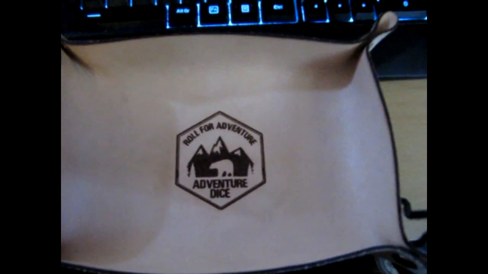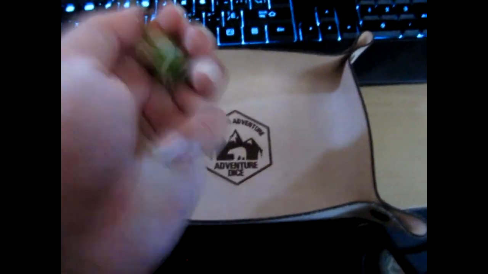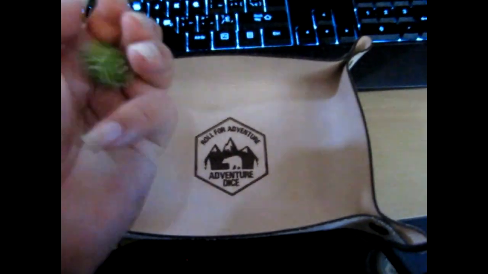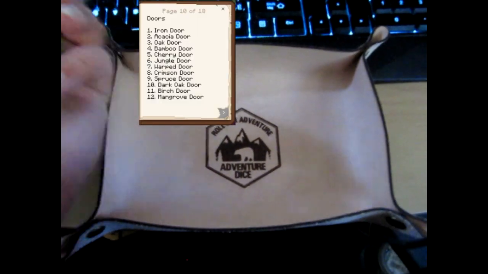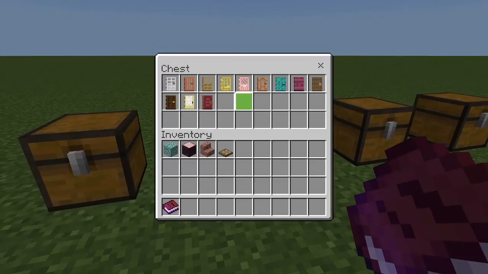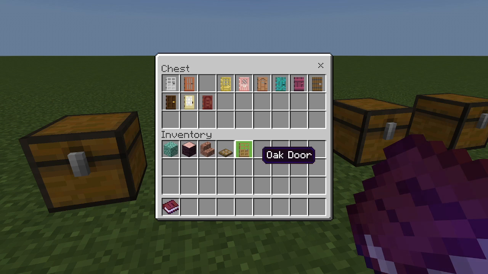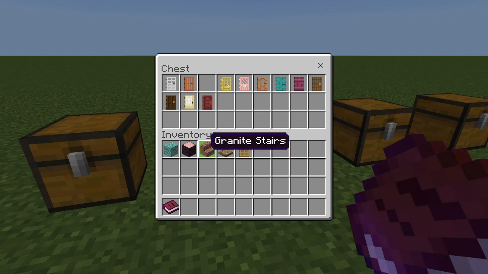Another d12 roll for doors. Thankfully there's only 12 doors in the game so far, and I don't think any of them will really work, except maybe warped door, so let's hope for that 7. And let me roll anything other than a 7. 3. Oak door. Well, something about the dice gods today really want me to build with oak, but they didn't give me the oak log or oak planks for...